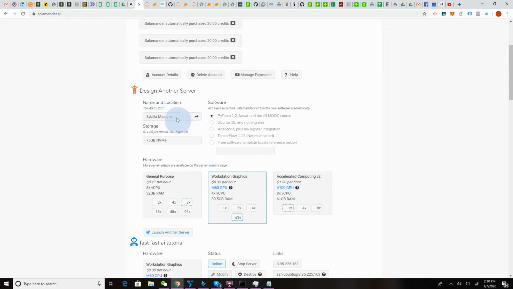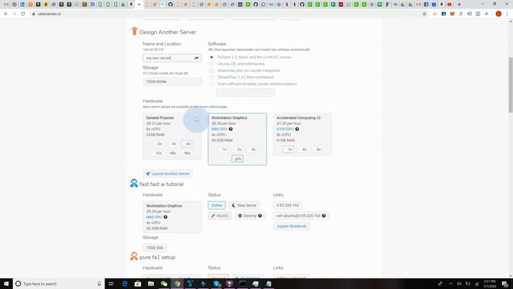So design another server. It'll give you a name, but you can say my new server. Key point, you want PyTorch 1.2, FastAI, and the V3 course, because we're going to do the lesson 1. This is just the pre-built libraries that will let you get up and running quickly. And as I said, I've already got a server running, but once you have this specified,